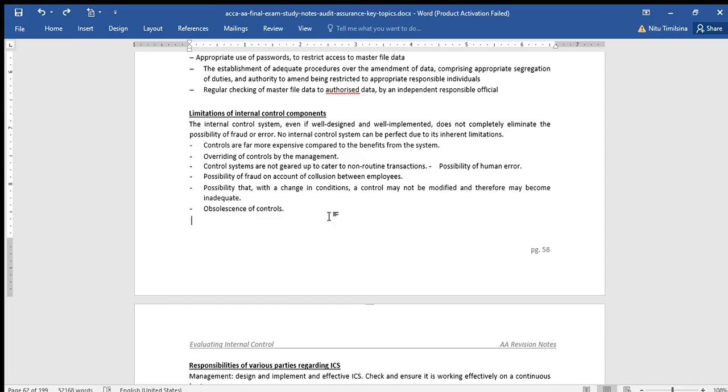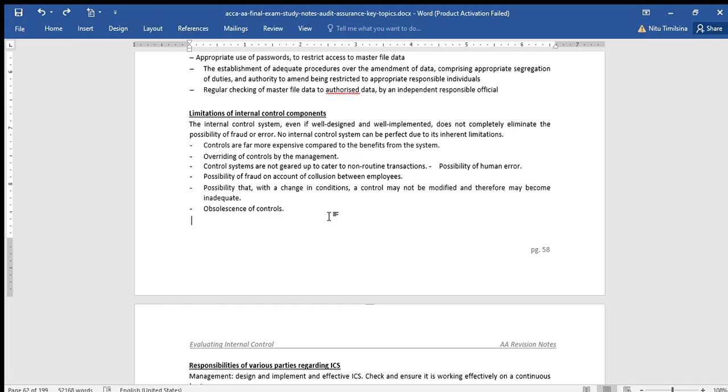For example, the deficiency will be that the same person handles cash and records it. The explanation will be the risk of fraud and concealment. The recommendation will be to separate duties. And the test of control is to observe roles and inspect records.